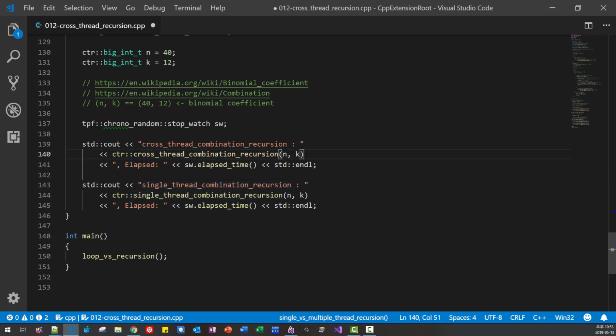So in this case we are using cross-thread combination recursion. I will put another space here to make them aligned.